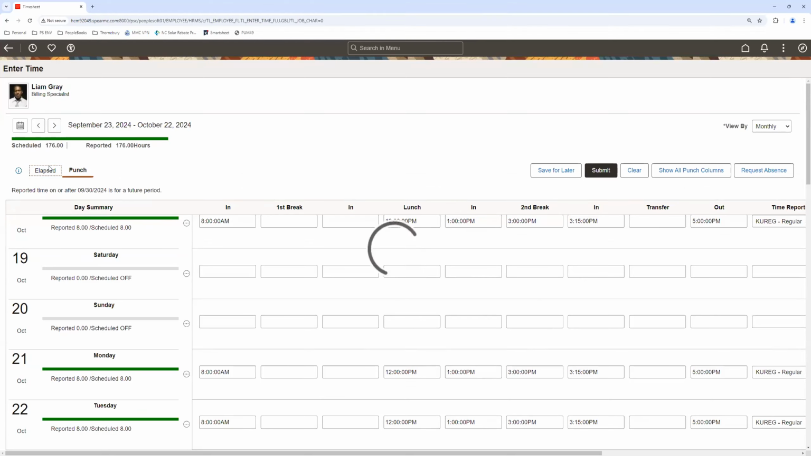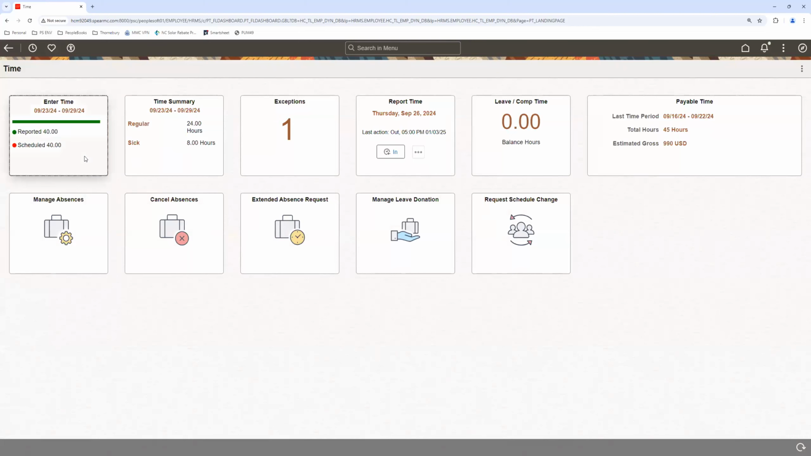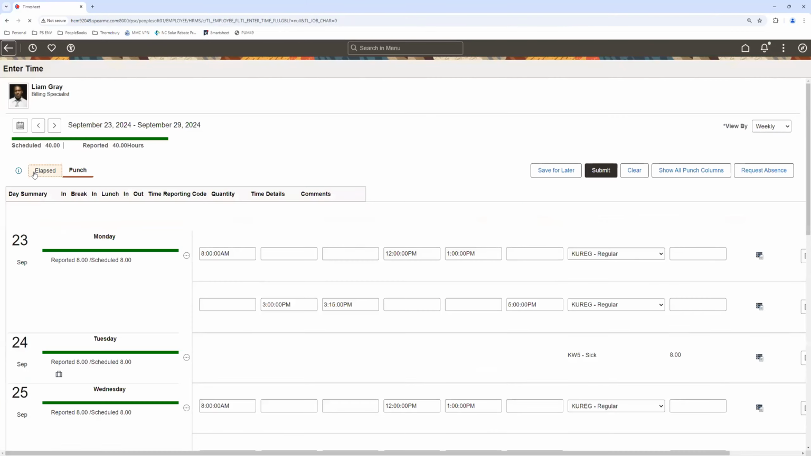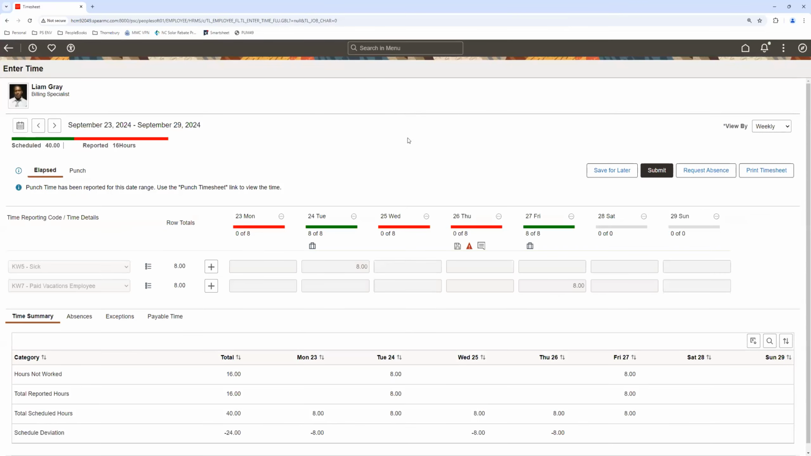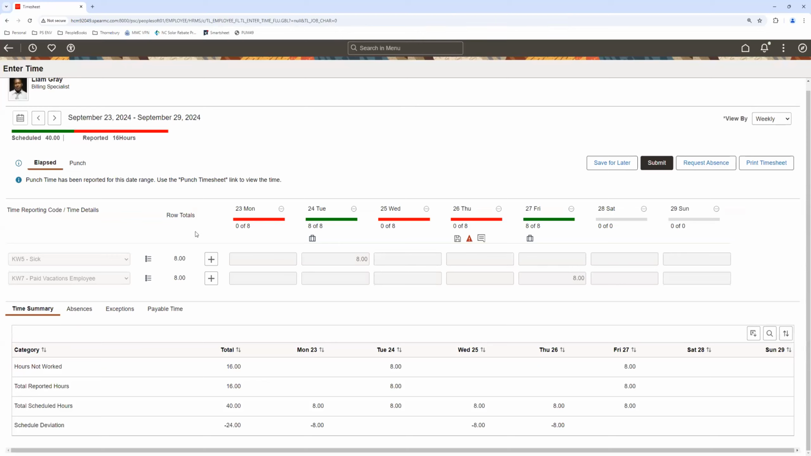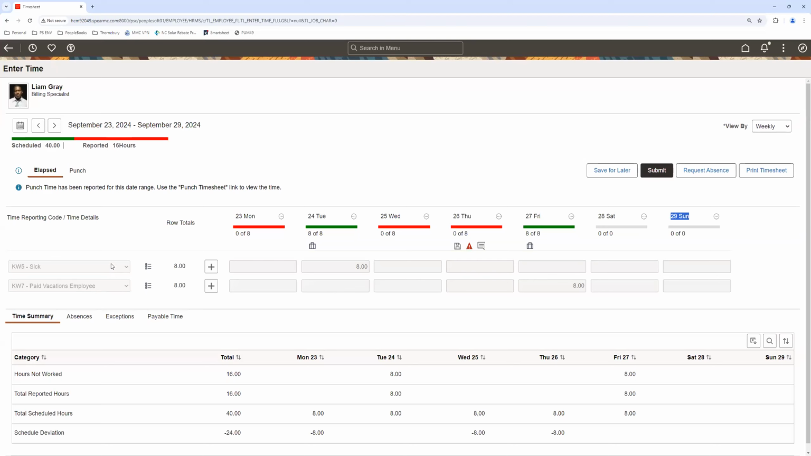Of course, if you are using elapsed time, looks like I messed up something. So let me go out and come back. Let's say if you are using elapsed time, in this case, let me go back. As such, this would be the layout for an elapsed time user. We are looking at the current period from 23rd September to 29th September. And essentially we have only a couple of entries that have come through or processed here. So sick and paid vacation that was entered, that is what's showing up in here. Now, if I go back in here,